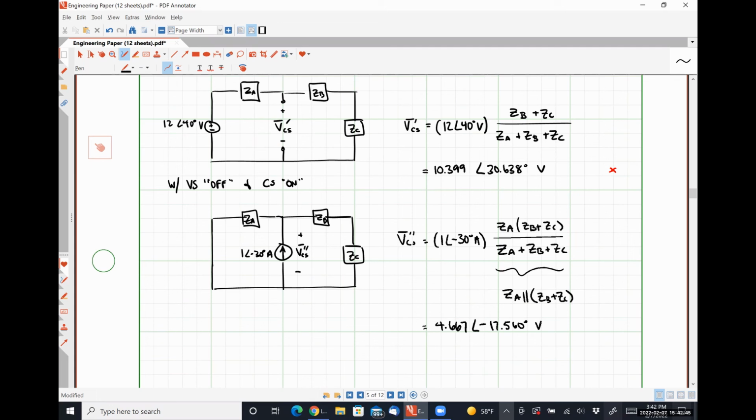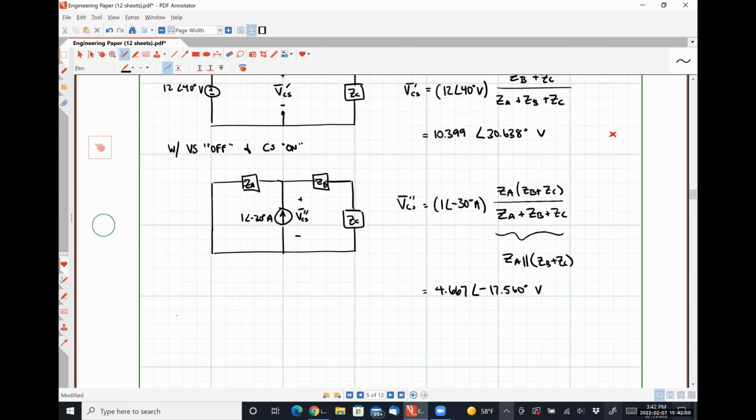Anybody confirm this? All right. So using these results, the voltage drop across my current source with both sources on at the same time, which is what I'm looking for, is just adding those two guys together. So for me, that's what I have stored in my calculator as X plus what I have stored in my calculator as Y. And so I get